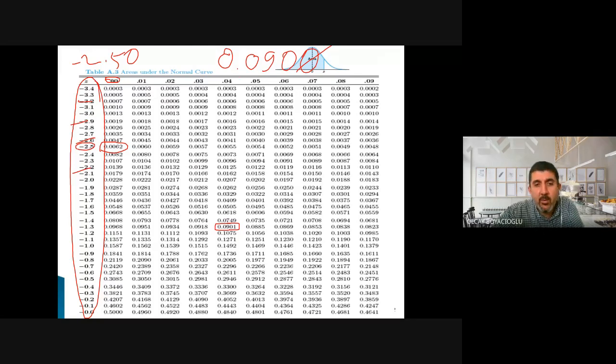So what is the z-score for that? Here it is, 1.3 from here. Okay, I have minus 1.3. What about the second decimal point up here? Up here is 0.04. So I just write a 4 here. So that means minus 1.34 is the z value